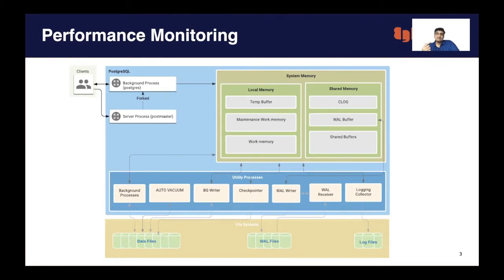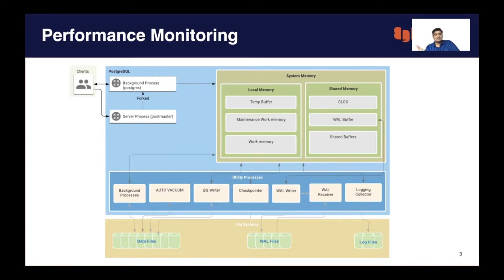Then there is autovacuum, which is triggered at regular periods to vacuum the databases.